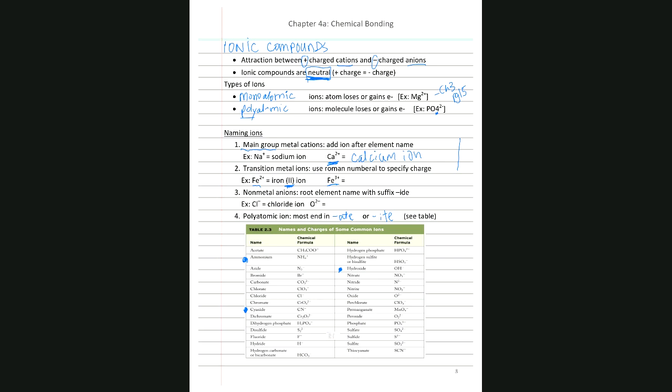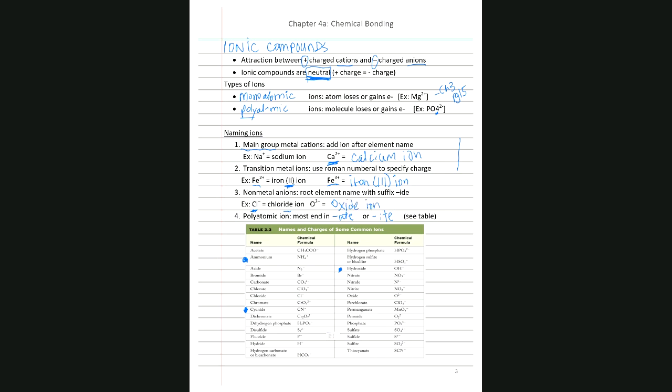The iron 2+ ion is the iron 2 ion, and this one would be the iron 3 ion. So that Roman numeral is actually telling us what the charge of the ion is. For nonmetal anions, we use the word root and then we use that suffix "ide" again. So when chlorine gains an electron, it becomes a chloride ion. When oxygen gains 2 electrons, it becomes an oxide